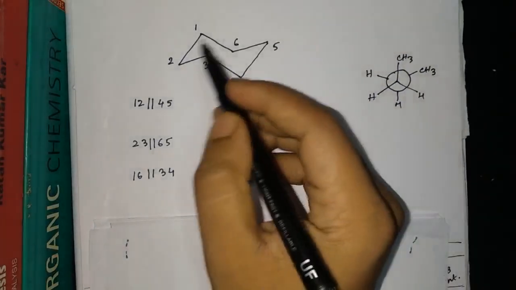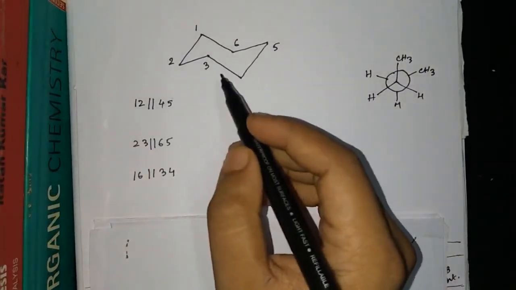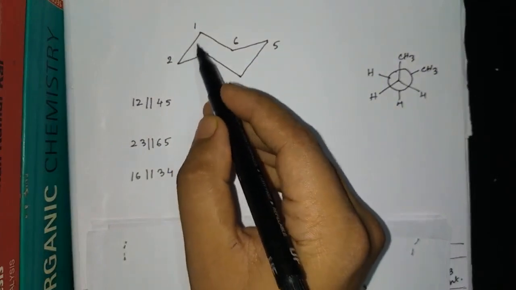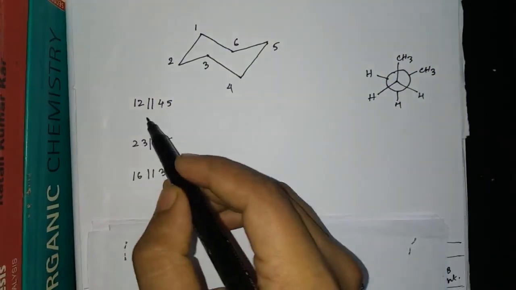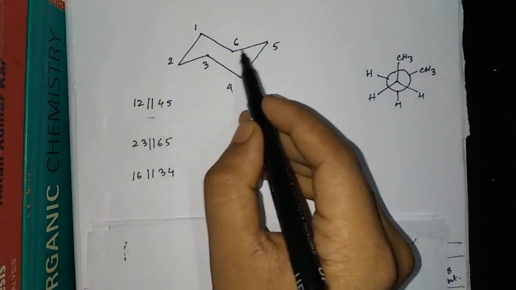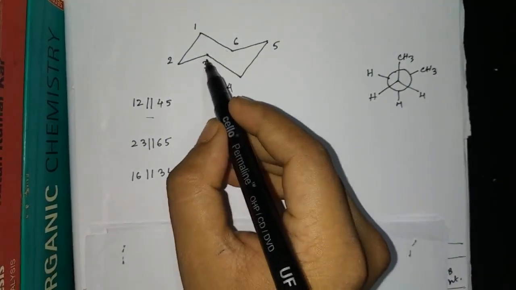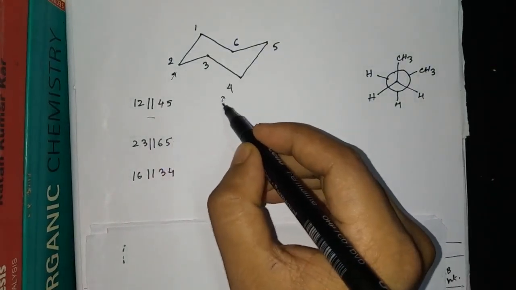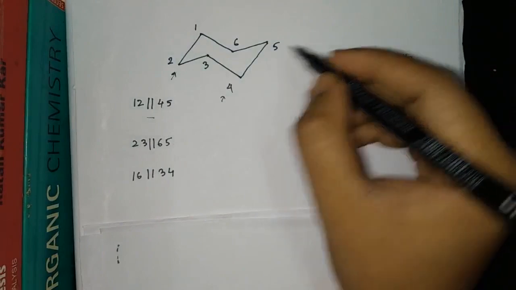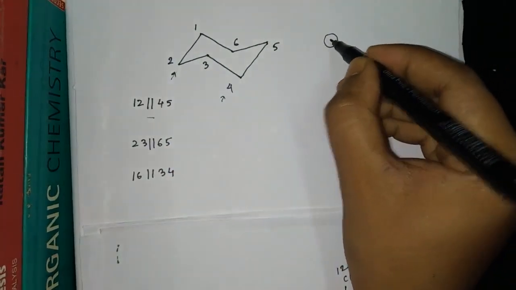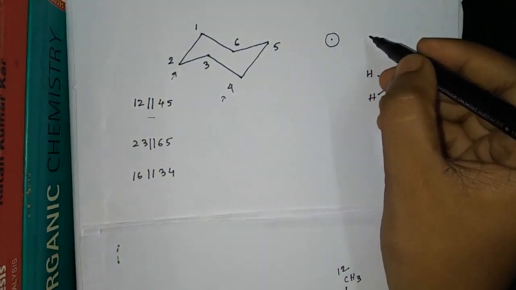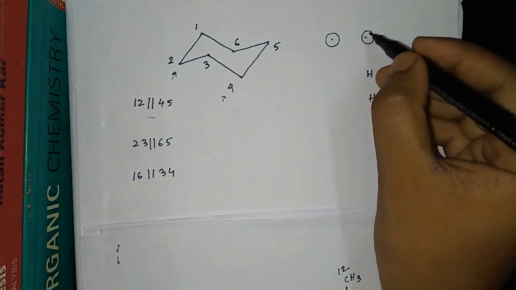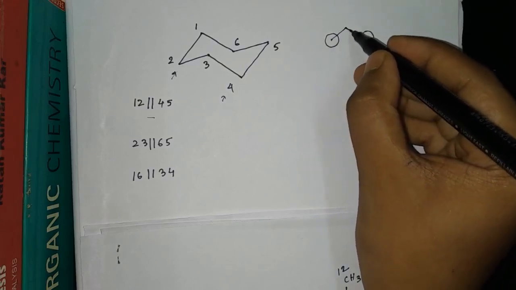So guys, this is the normal cyclohexane, right? In this normal cyclohexane, there are three pairs of parallel bonds. The 1-2 bond is parallel with 4-5, the 2-3 is parallel with 6-5, and the 1-6 is parallel with 3-4. If you look along the 1-2 and 4-5 bonds, carbon 2 is a dot, 1 is at the back, 4 is a dot, and 5 is at the back, the round one.